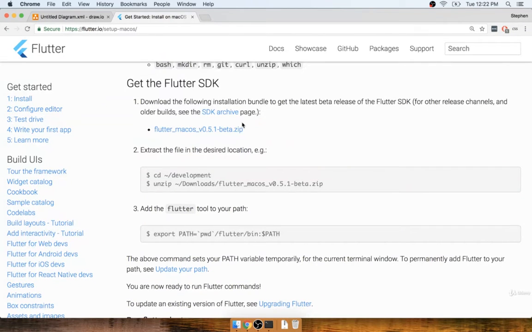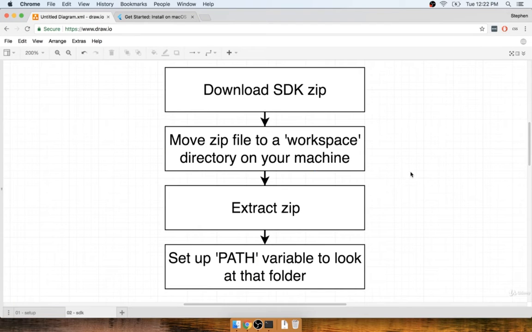In the last section, we downloaded the Flutter SDK and we're now ready to extract it onto our local machine. So here's the process of what we're going to do. We just did the download. We're now going to take that zip file and we're going to move it to a workspace directory on our